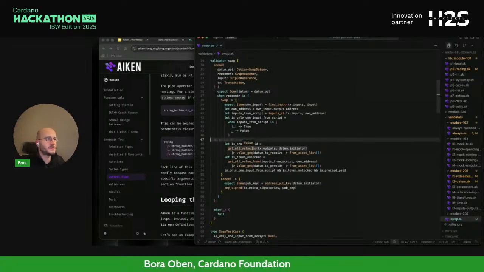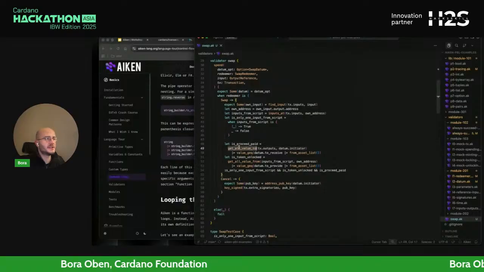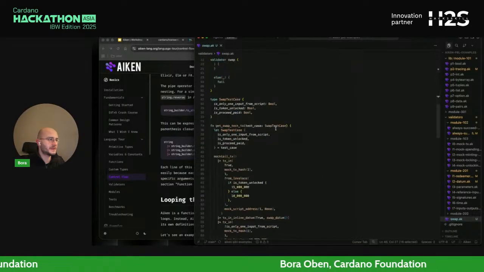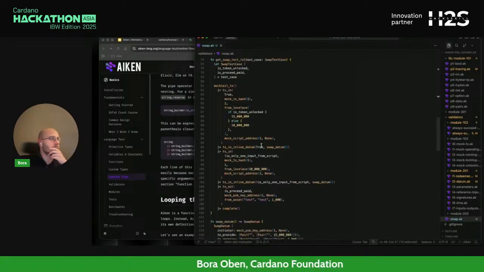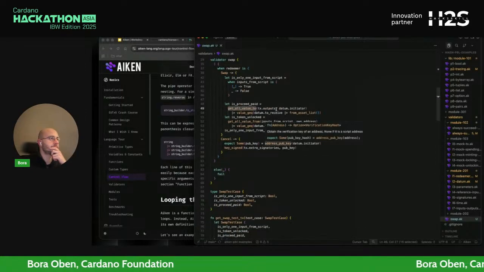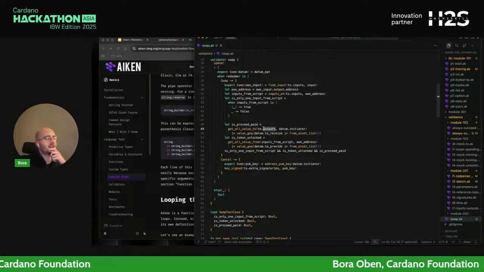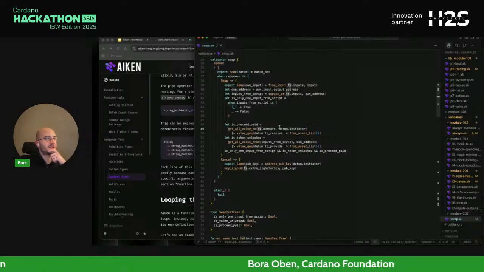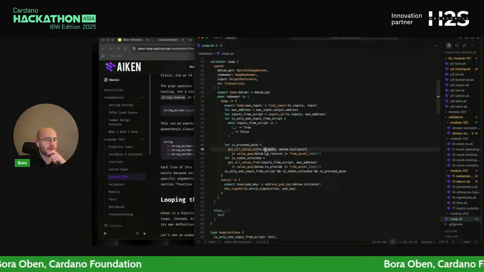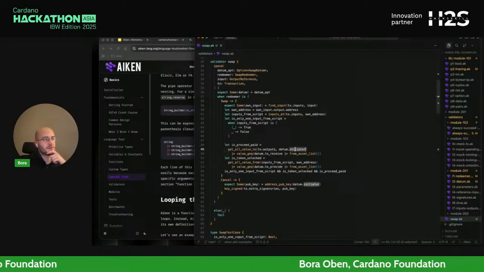So what it is doing is checking for, I don't exactly know what this function does, but let me see. Yes, this is checking the outputs of this transaction and getting all the value in them, but it is matching the outputs to the owner of the datum, right?